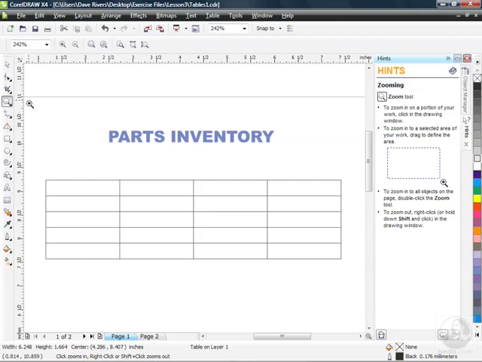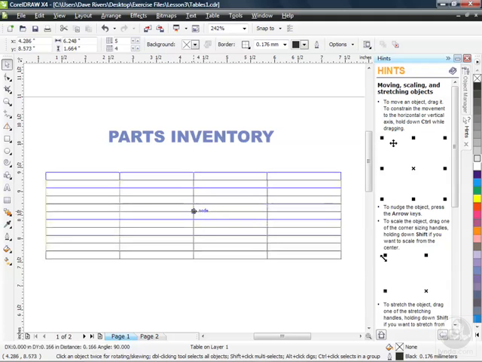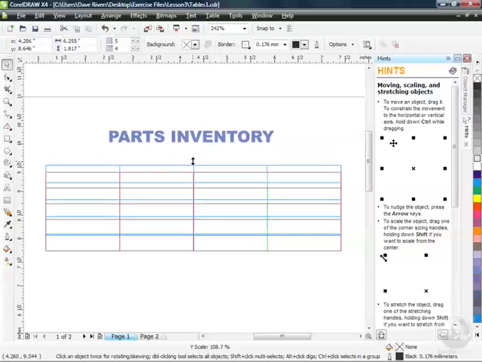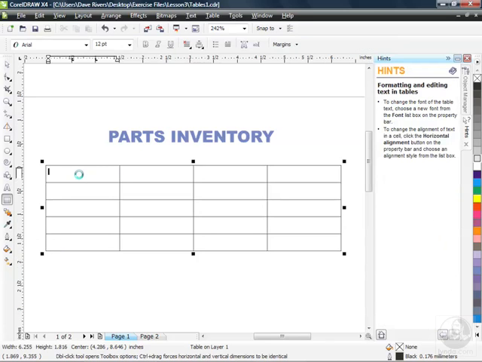So I'm going to go back to my pick tool here. You'll see the table still selected. It's just like any other object. I can move it around if I wanted to move it up using the 4-sided arrow. If I wanted to stretch it, make those rows a little bit taller, I could do that. If I wanted to squeeze it in or stretch it out, I've got all of these handles just like working with any other object. But when I come in here and click inside the table, actually double click, you can